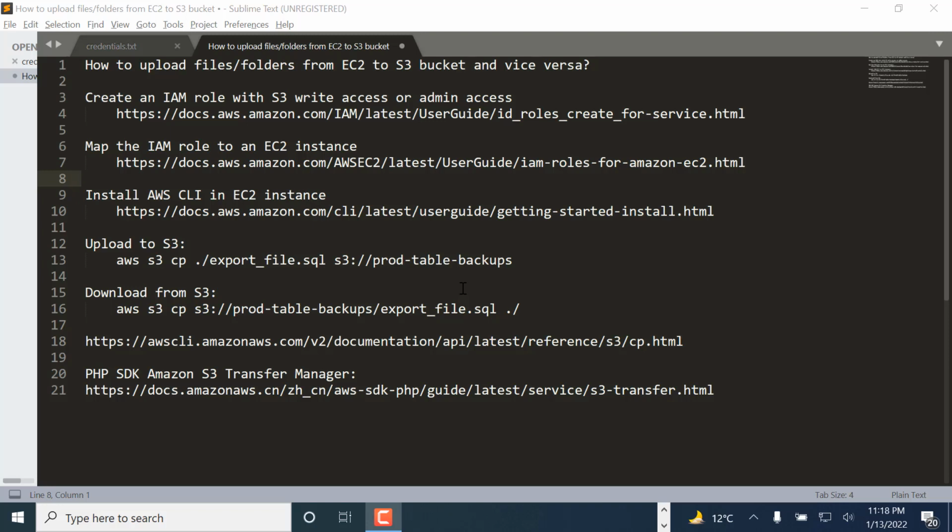Today we will learn how to upload files and folders from EC2 to an S3 bucket, or how to download them from S3 to EC2. It is also called uploading stuff to S3 or downloading folders or files from S3 to EC2 of AWS. To perform these operations, you will need to go through some steps before,